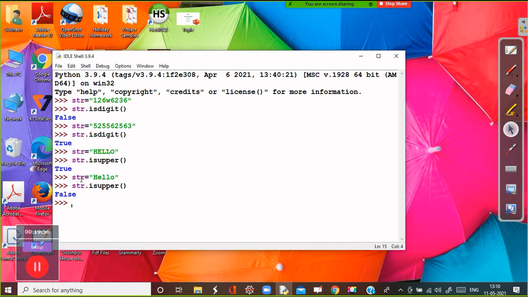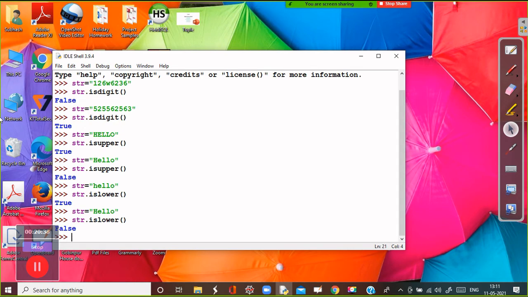You have checked the isupper, and now you can check the islower. So it will give true. But if you are writing a string with the first character as upper, and if you are checking islower, then it will give false.